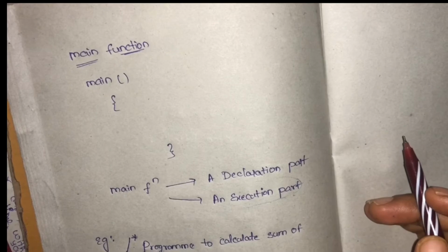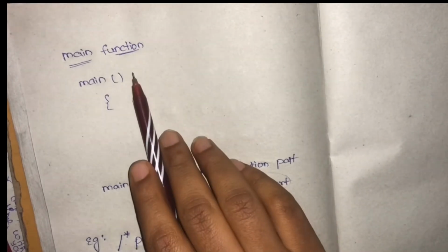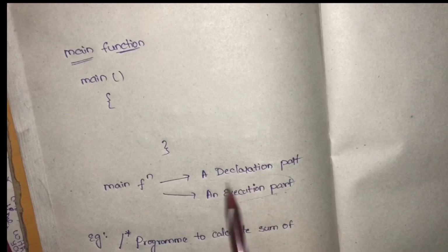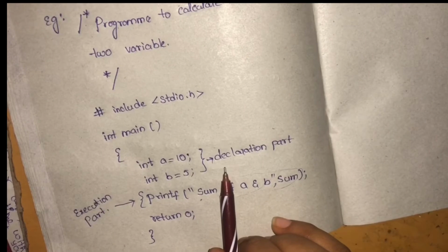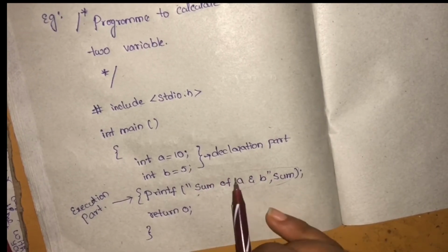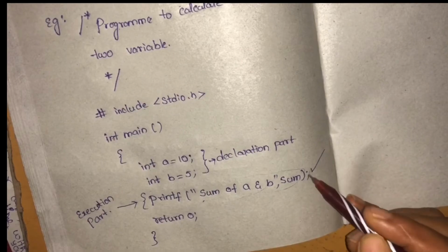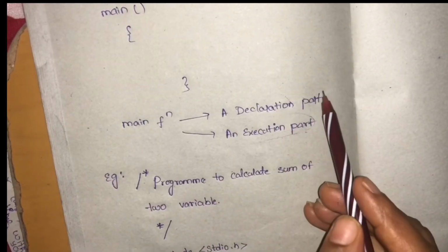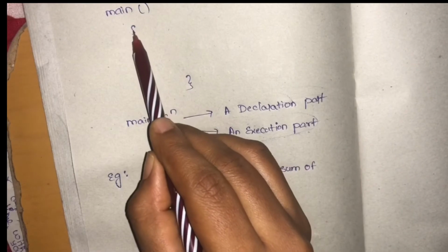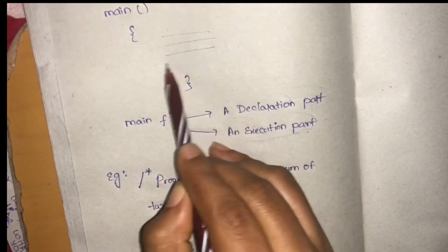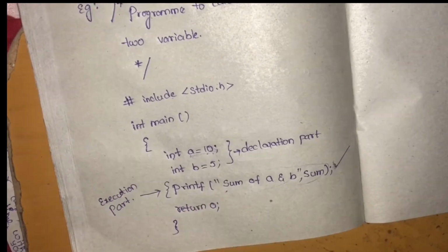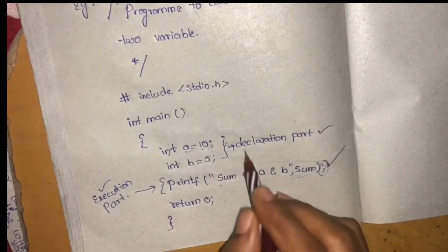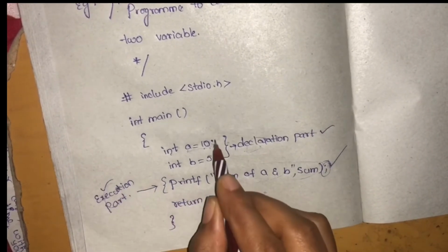See guys, every program must have a main function. The main function section contains two parts: a declaration part and an execution part. The declaration part declares all the variables which are used in the execution part. The execution part has at least one statement. Both parts appear under the opening curly brace and closing curly brace here. Directly I have initialized values to the variables. Every executable part must have at least one statement. It is mandatory. Both declaration and execution parts end with semicolons.